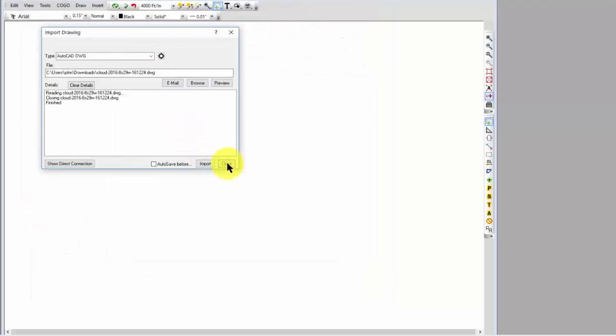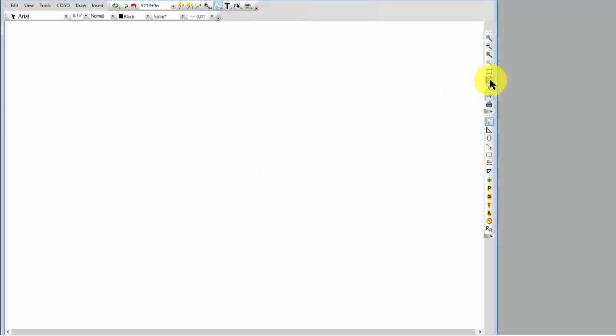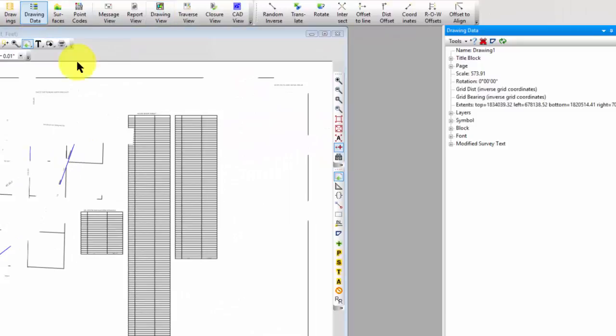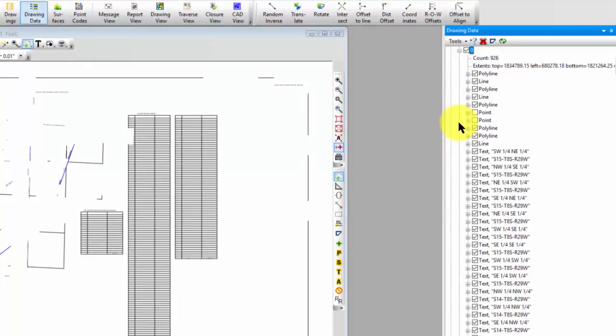So it takes just a moment. And now when I do a zoom extents, here's that same survey ready to go. Well, what happened to those 0, 0 points, those things that were down there at the 0, 0 coordinate? Well, if I open up my drawing data here and expand my layers in the 0 layer, I'm going to look over here and I can see that here are 2 points